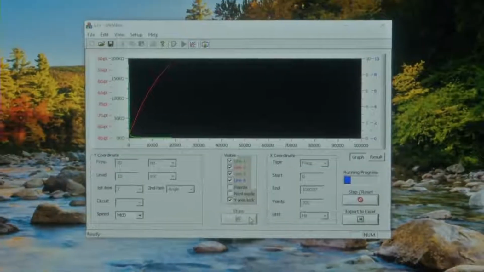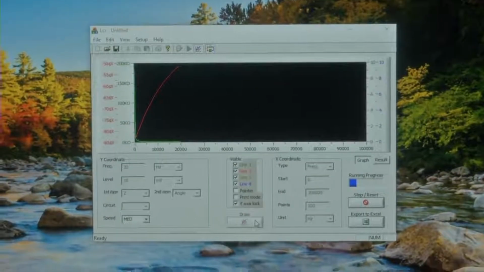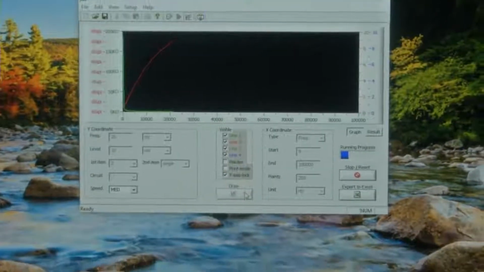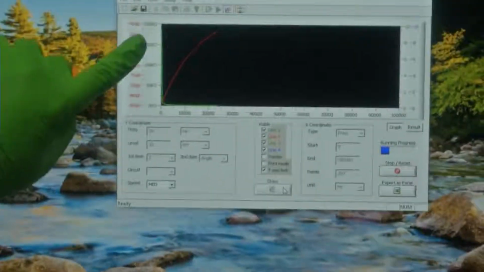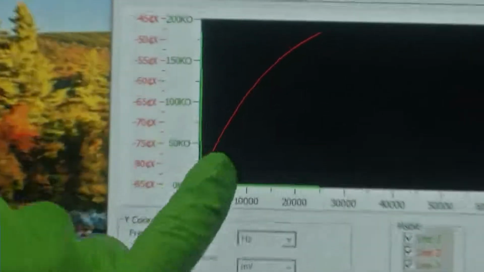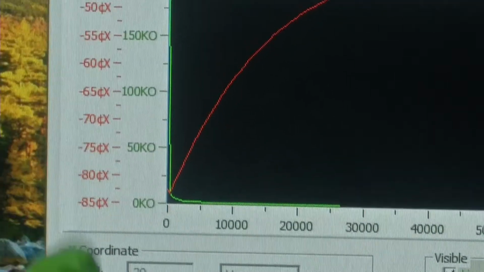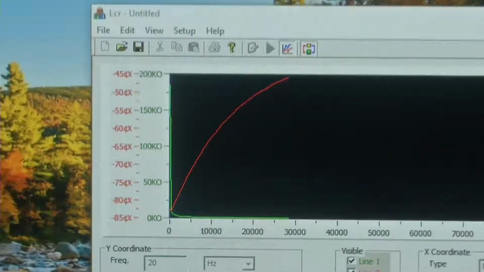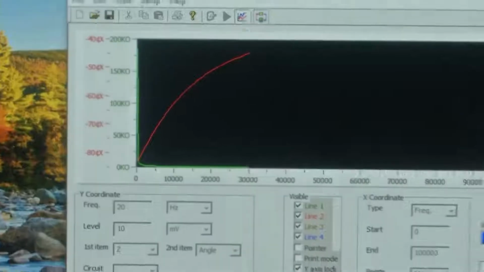So, the green color that you are seeing on the screen is the impedance value, and the red color is the phase information. You can see the real time impedance value plotted with green and the phase information plotted with red here. Okay. Things will be more interesting when we add the drug and see how the change is.